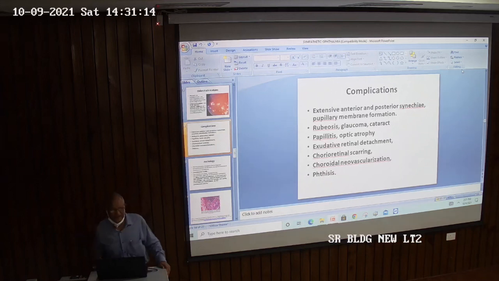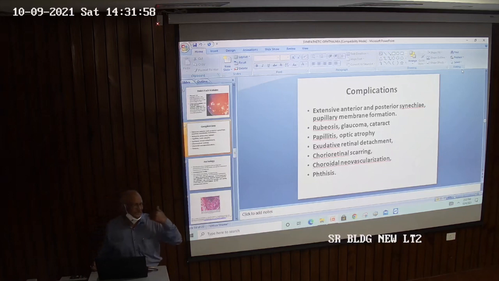You cannot identify the aqueous part or the muscle part in the atrophic eye, and in the phthisical eye the anterior chamber is almost lost. Tension is zero or high. Why does the tension become zero in a phthisical eye? Which structure maintains the intraocular pressure of the eye? That is the ciliary body, because the ciliary body secretes aqueous in the posterior chamber. From the posterior chamber it comes to the anterior chamber, and it goes through the trabecular meshwork into the systemic circulation. That is how the pressure is maintained.